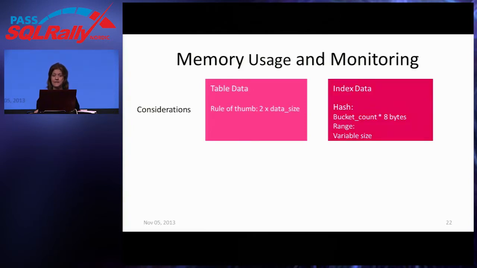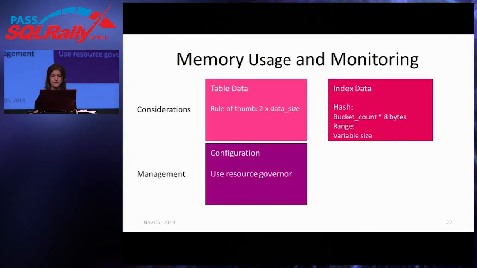For your index space, for hash indexes, it's a fixed size on table startup, and we're going to see that in just a minute in a demo, that the size for your hash indexes is defined and allocated at table creation time. The range indexes are completely variable size depending upon how many rows, what the size of your key is, and how many modifications you're making, because we have to create new pages and keep a little bit of delta information that takes more space as we make changes in the range indexes.